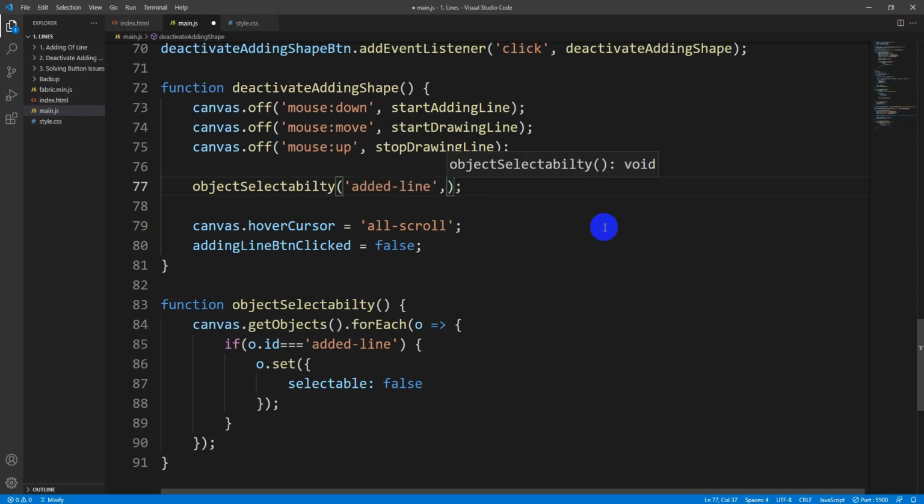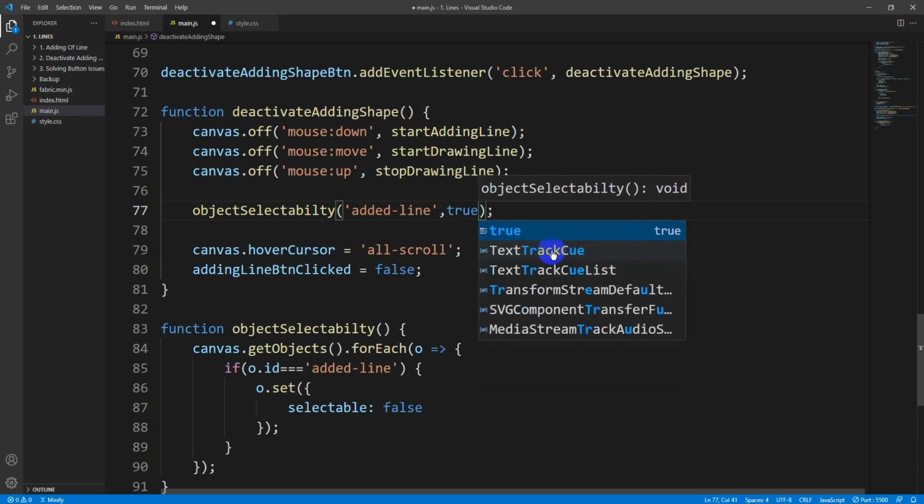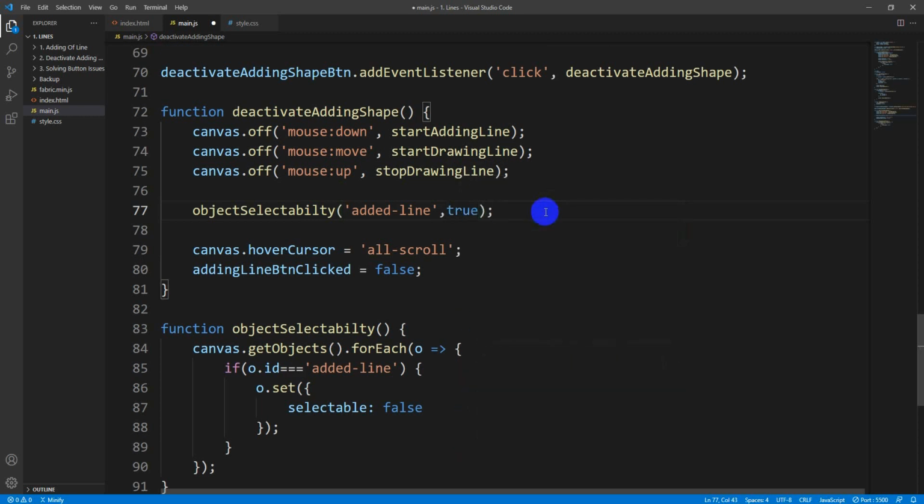I have to pass these parameters through this function. So the added line is one of the parameters, and the other parameter is selectable, whether it is true or false. For the deactivate button, it is true. I need to make all these lines selectable.